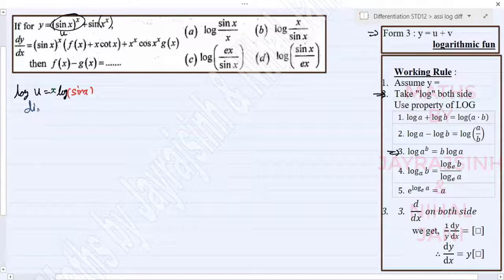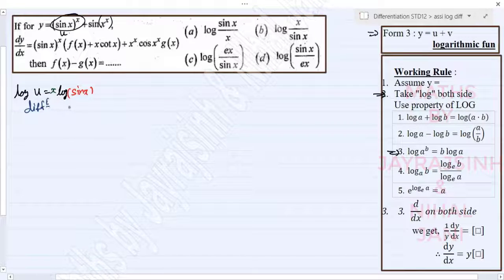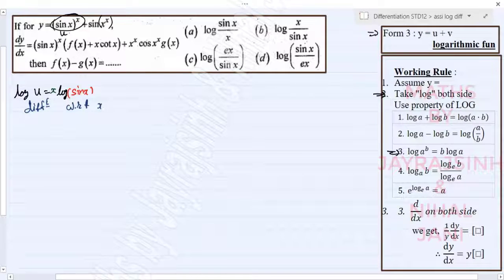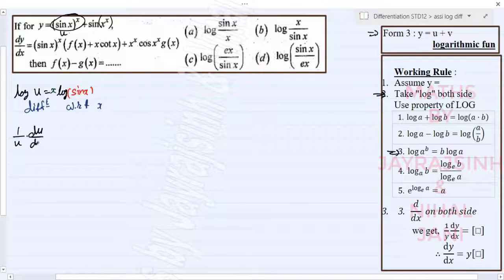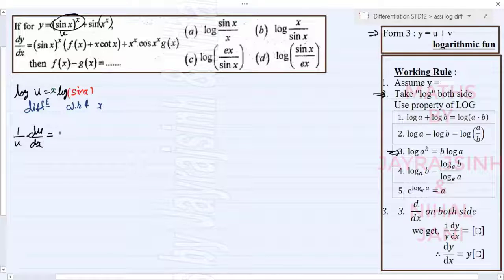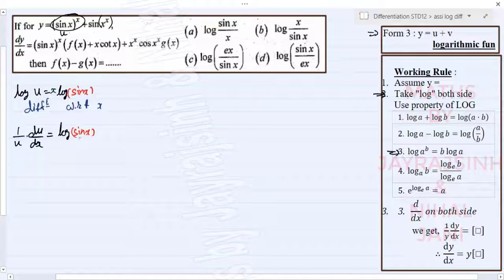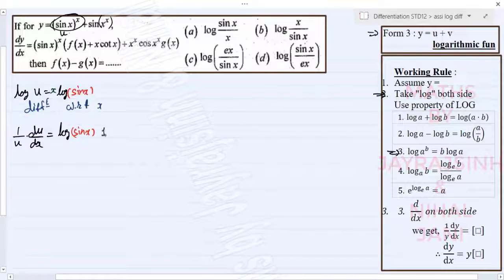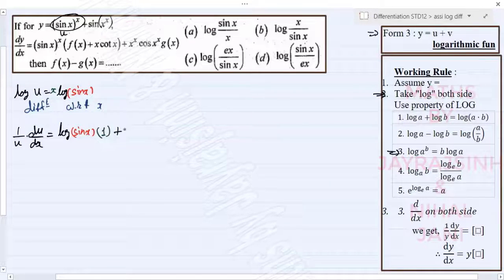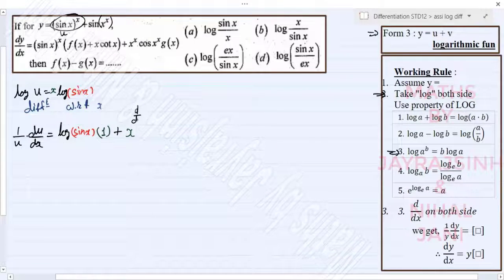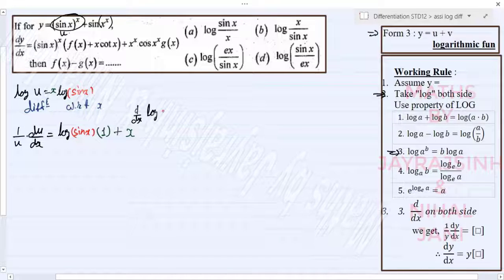So we are ready to differentiate our equation with respect to x. On the left hand side, we will get 1 upon u du by dx is equal to, we have to apply the multiplication rule. So let's say log sin x will be as it is, and differentiation of x will be 1, plus in the second term x will be as it is, we have to differentiate log sin x,